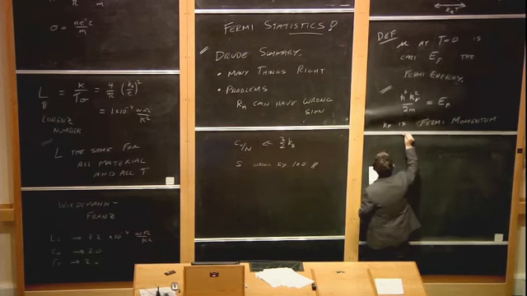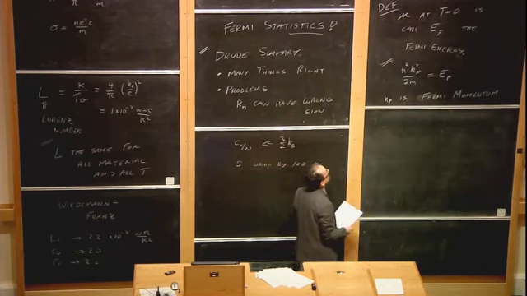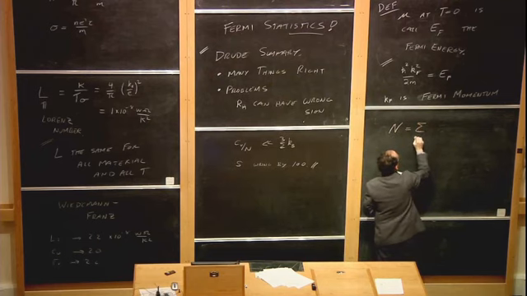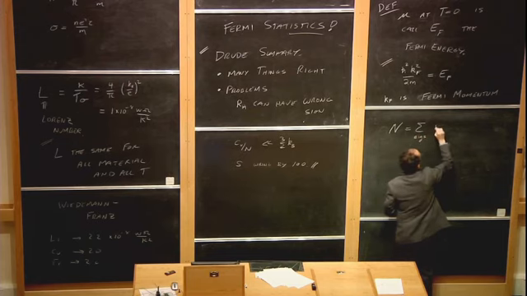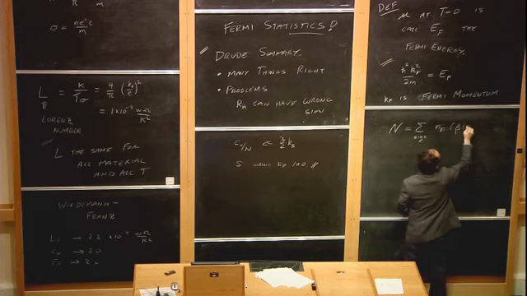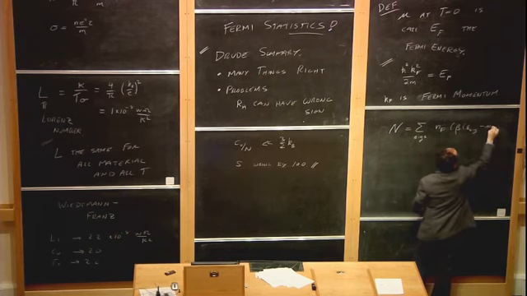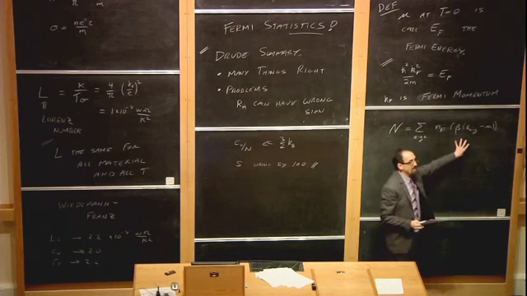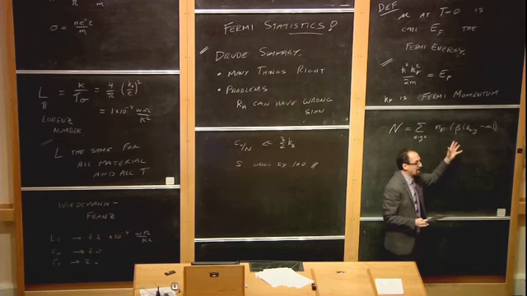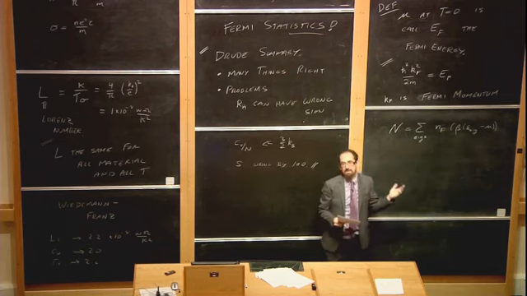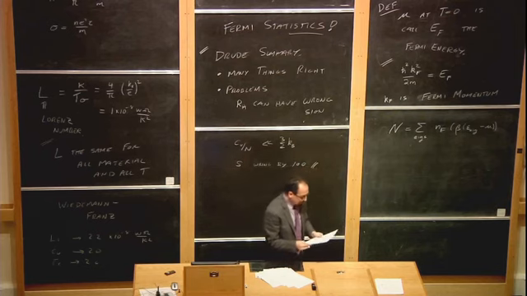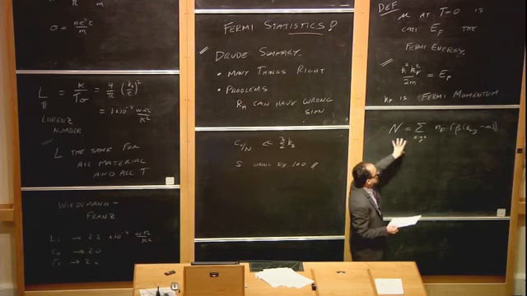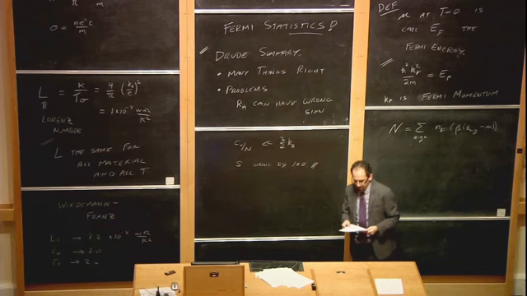All right. So if we have some physical system, we want to know how many electrons are in that physical system. We write N, the total number of electrons, is the sum over all eigenstates of the Fermi occupation factor of β(ε of the eigenstate minus μ). So why do I write it like this? This is the sum over all possible states in the system of the probability that that state will be occupied. And if you sum up over all eigenstates, you get the total number of particles in the system. Good? You could also turn this on its head. If you know the number of particles in the system, you could use this equation to figure out what the chemical potential is, if you have to do that.